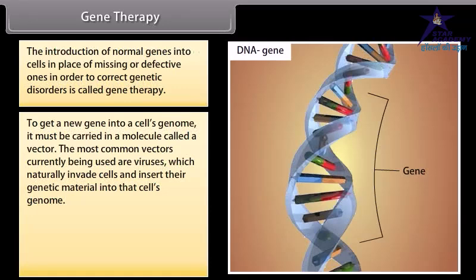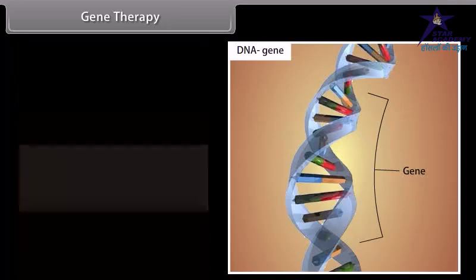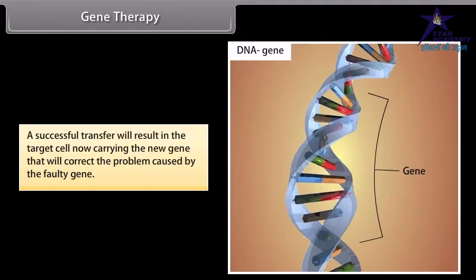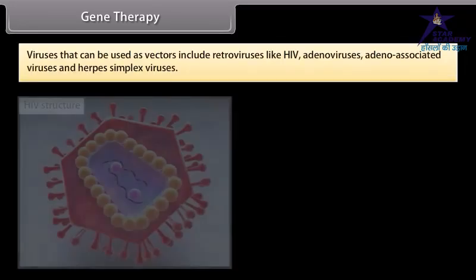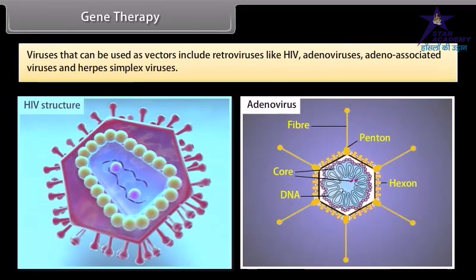cell's genome. To use a virus as a vector, the virus' own genes are removed and replaced with a new gene destined for the cell. When the virus attacks the cell, it will insert the genetic material it carries. A successful transfer will result in the target cell now carrying the new gene that will correct the problem caused by the faulty gene. Viruses that can be used as vectors include retroviruses like HIV, adenoviruses, adeno-associated viruses, and herpes